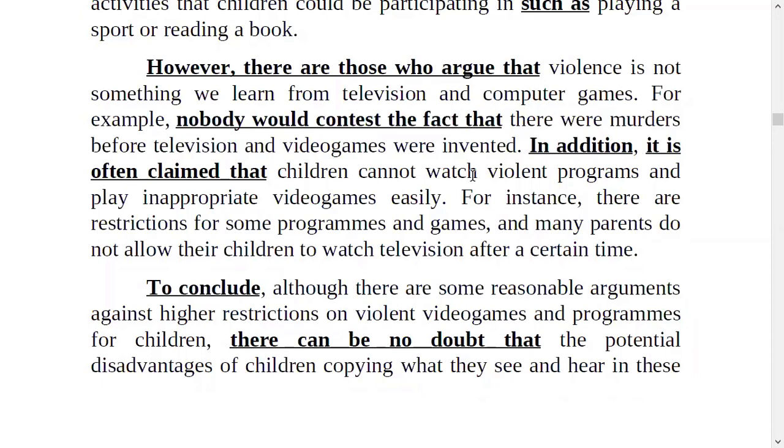In addition, it is often claimed that children cannot watch violent programs and play inappropriate video games easily. For instance, there are restrictions for some programs and games, and many parents do not allow their children to watch television after a certain time. To conclude,